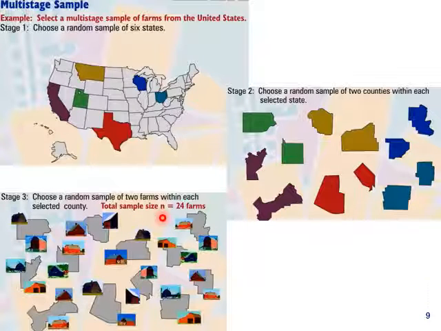So our total sample size is now 24, because there were 6 states, we got 2 counties from each, and from those 2 counties, 2 farms each, so there are 24 farms. So this is now 3-stage sampling. We can see we started from 6 states, then 2 counties, and then 2 farms. The difference between stratified and multi-stage is that if it was stratified sampling, then we would have to choose counties from each state. We cannot choose only 6 states and then get the counties. So this is the basic difference.